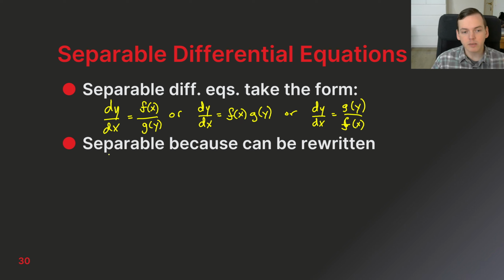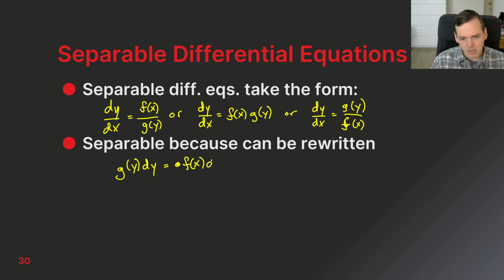The point is that you can write it as two functions multiplied together, one of which only has x and one of which only has y. Or technically dividing also works because division is just 1 over a function, so you can rewrite whatever is in the denominator as a new function of y. But this is called separable because it can be rewritten as g of y dy equals